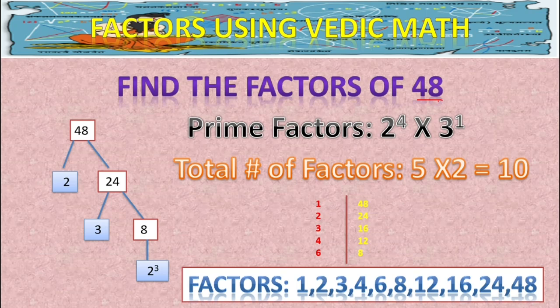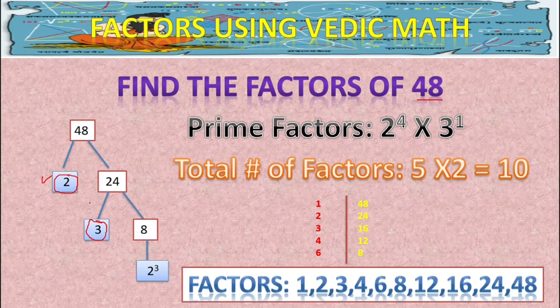That's why I have taken 48 and written it in the form of a product of prime factors. 2 is a factor of 48 and it is also a prime number. Both things are combined here, hence I am going to call this 2 a prime factor. And 2 24s are 48. Again, this 24 can be written as a product of 3 into 8. Here 3 is a factor and it is also a prime number. And 8 can be written as 2 cube, where 2 is a prime number.